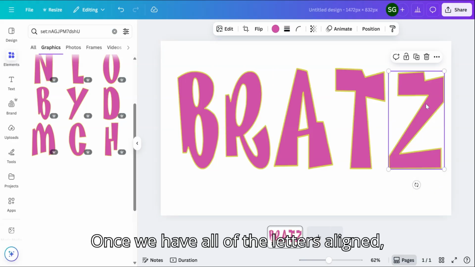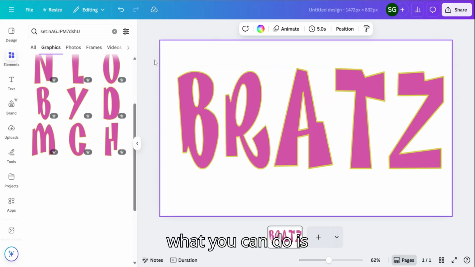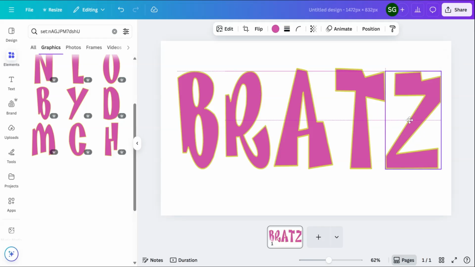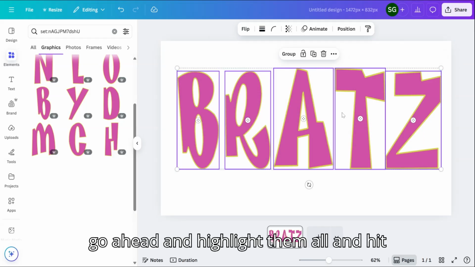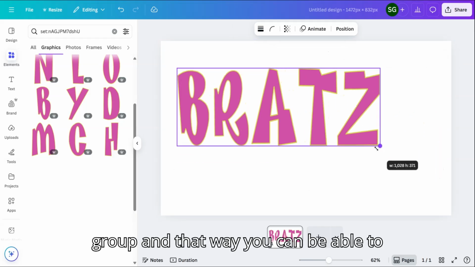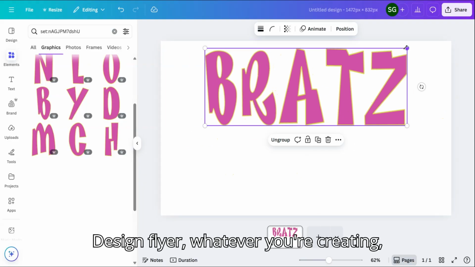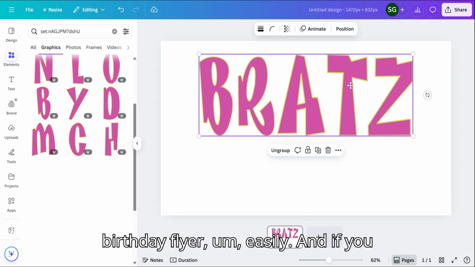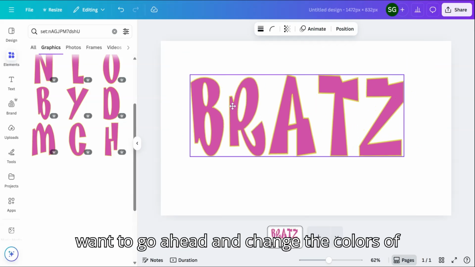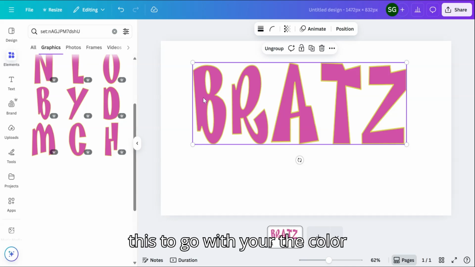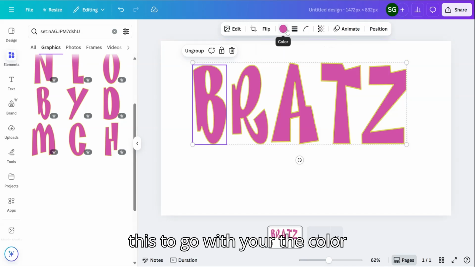Once we have all of the letters aligned, you can highlight them all and hit group. That way you can move it around on your graphic design, flyer, whatever you're creating, birthday flyer. And if you want to change the colors of this to go with the color theme of your flyer,